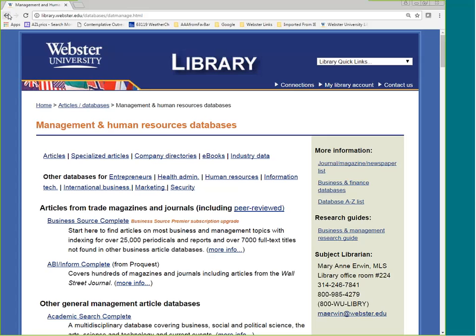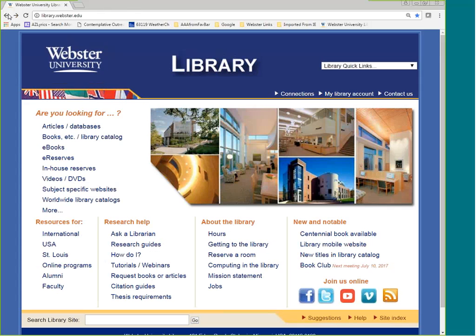I'm going to go ahead and go back to the home page, and I'm going to point out at the bottom of the menu we have 4 columns, and the second one from the left is Research Help. And here, just notice on the way by, this Ask a Librarian, we're going to talk more about that later, and the citation guides, and we'll talk more about that as well. But if you just go to the library homepage, you can get access to help from a librarian and with citation. Another way to access databases is our research guides.